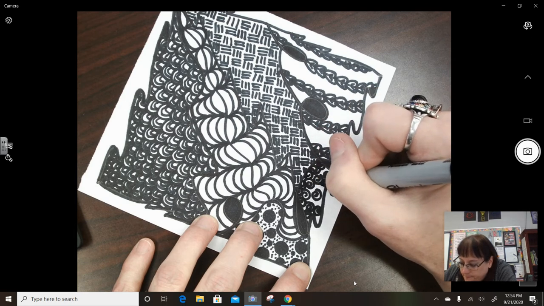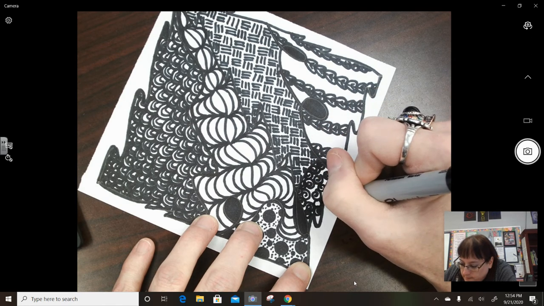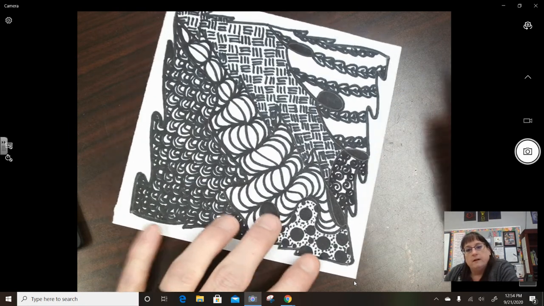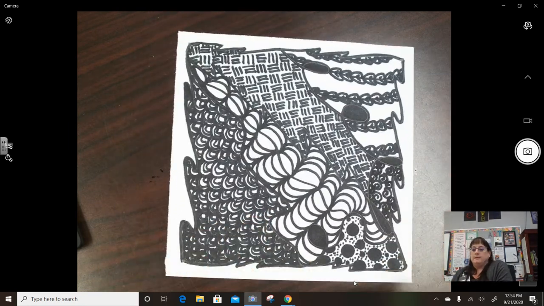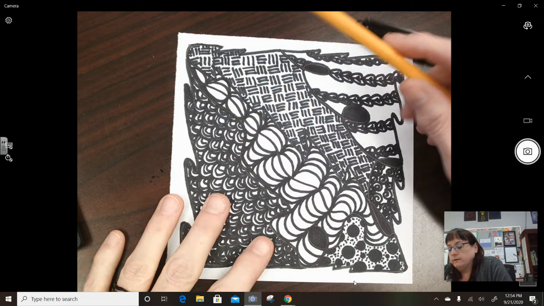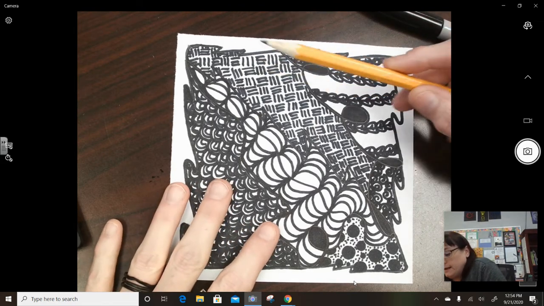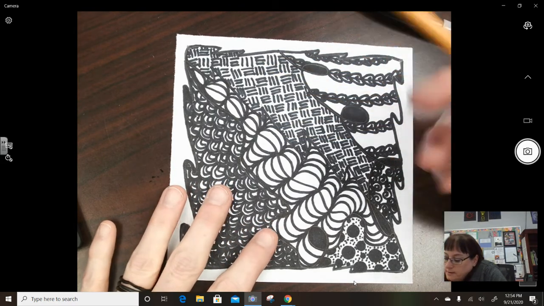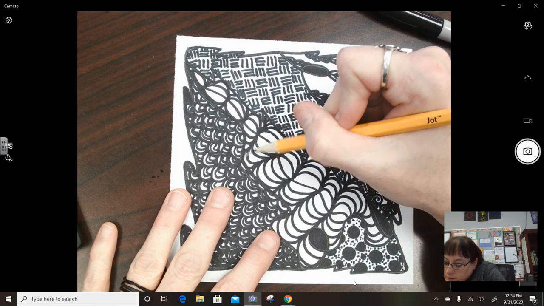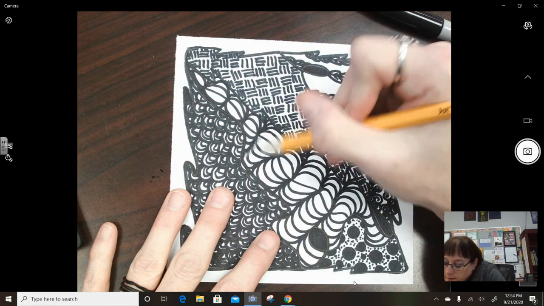Alright. Little spirals. Alright. Now, the last step to this is you put your lid on your Sharpie and set it over to the side, and you're going to get your pencil. And you're going to add some shading in there, okay? Shade is when you add some value, and that's when you add some shades, some lights, and some darks. So, for example, for your worms, you're going to add some dark shade along where the circles meet, kind of right in here,